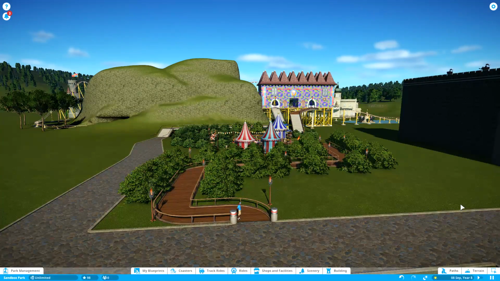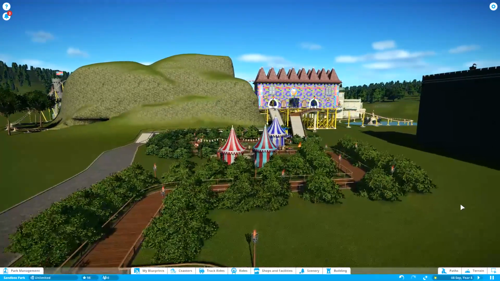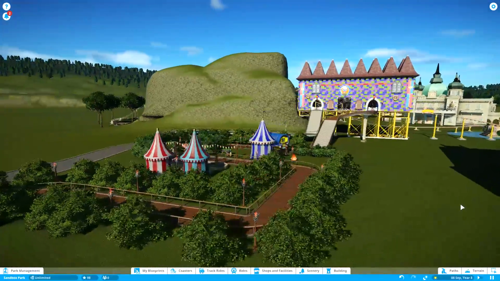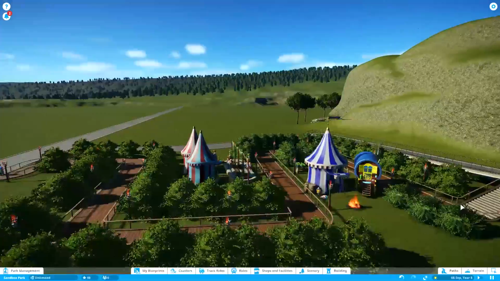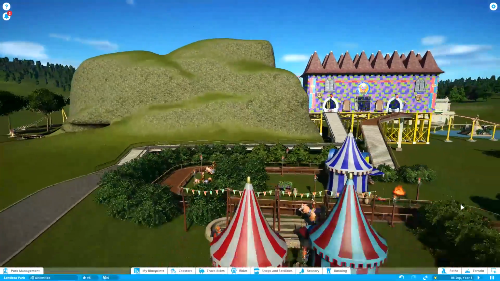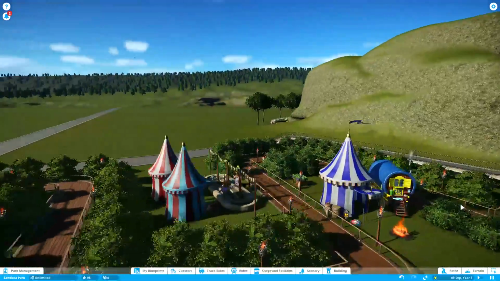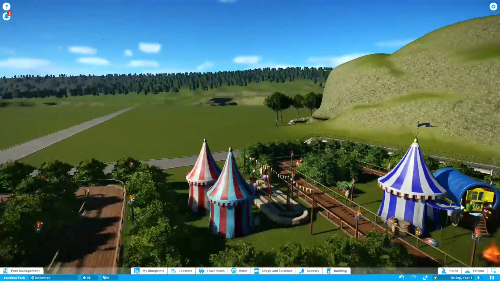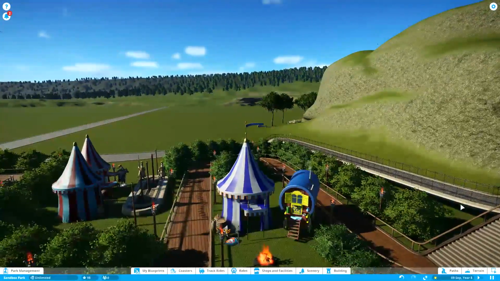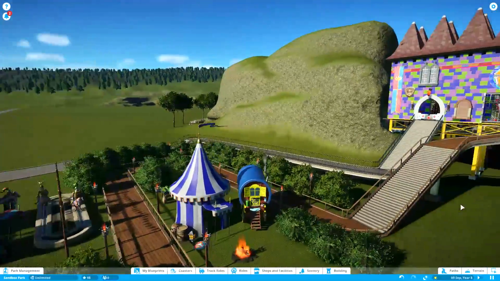So here we have the queue line, so we've got mainly lots of trees and bushes, just to hide the coaster a little bit when guests go in the queue. You can see we've got some different scenes. So we've got some tents, some jesters on horses, knights, some caravans, some barrels, lights,